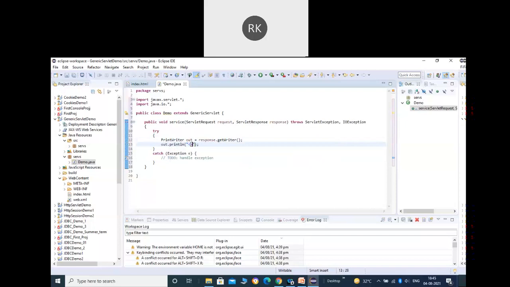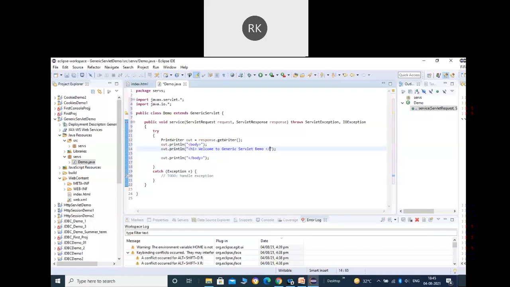Here we can put the code within try catch, and within try, first of all get the PrintWriter. So you can say PrintWriter out equals response.getWriter. Okay, we got the writer, so we can use it to print. And here we can define an HTML page. I'm going to define the body directly here.